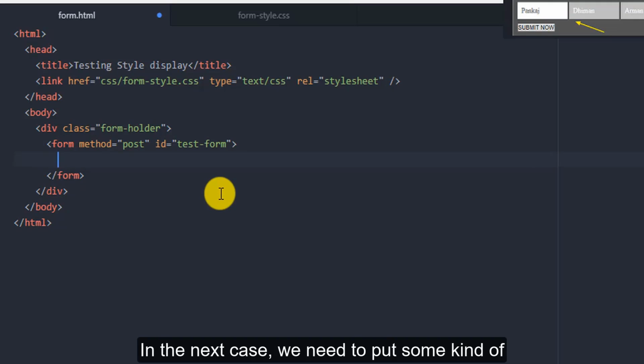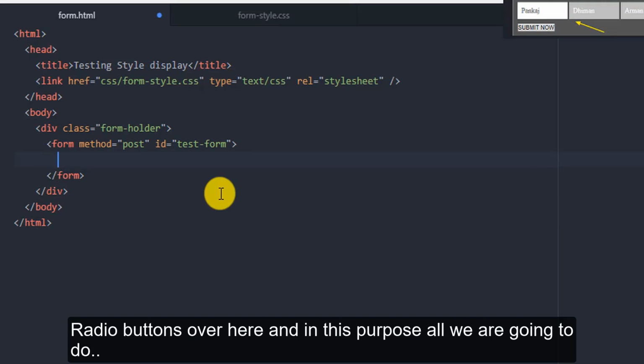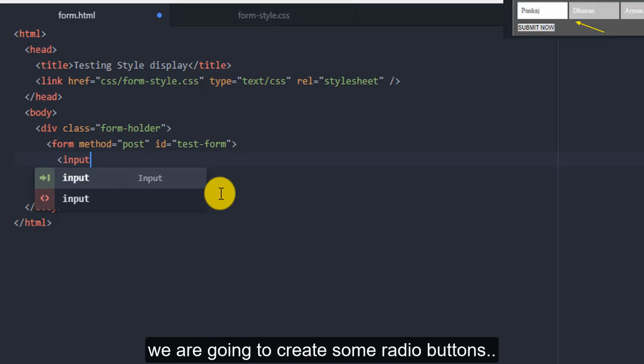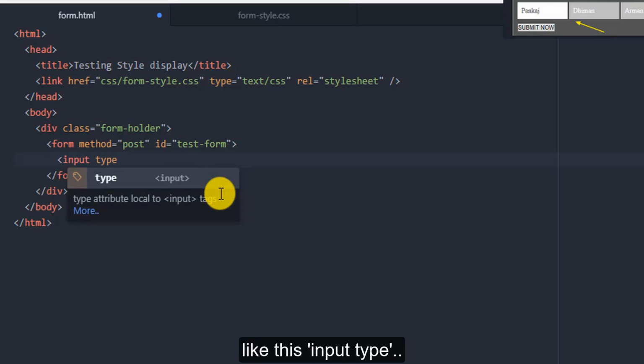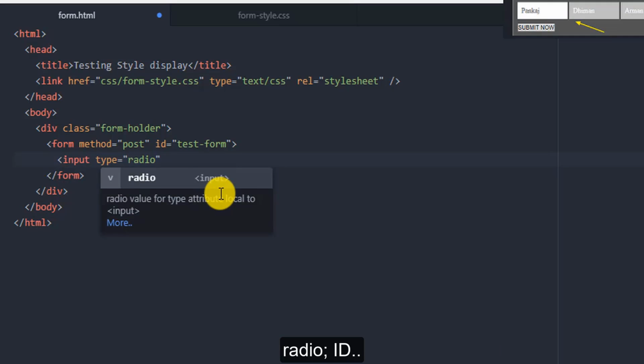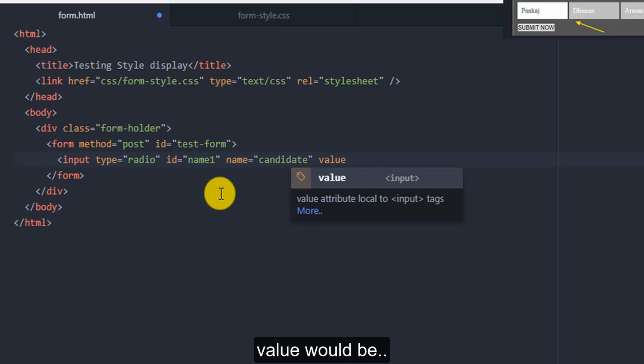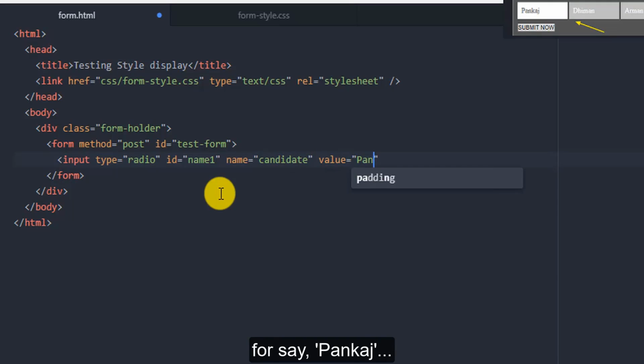There it goes. In the next case, we need to put some radio buttons inside, and for this purpose we are going to create some radio buttons like this. Input type radio, ID for say will be name1, name attribute is set to candidate, value would be, for say, Pankaj.